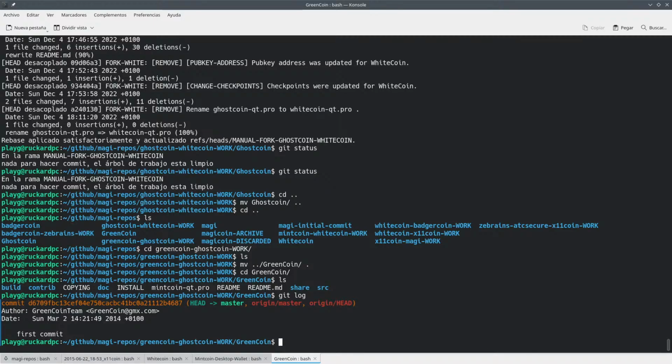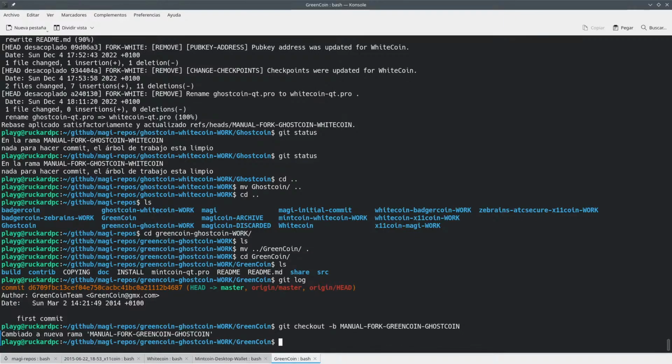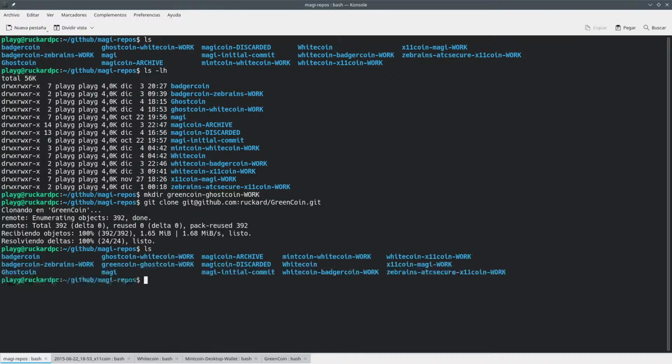But I think we need to do this checkout -b, and this is the manual fork from Greencoin to Coin. Okay, so we have the fork here, and now we can make the commits. So in the other side we should have Coin. Okay, Coin is here,